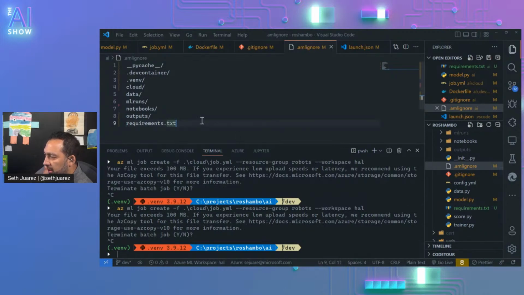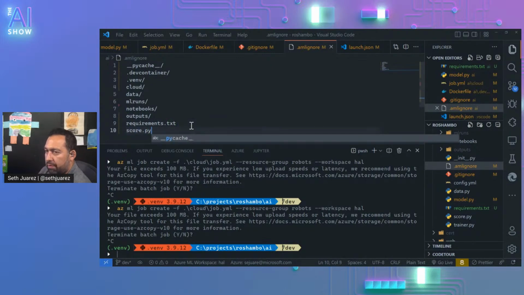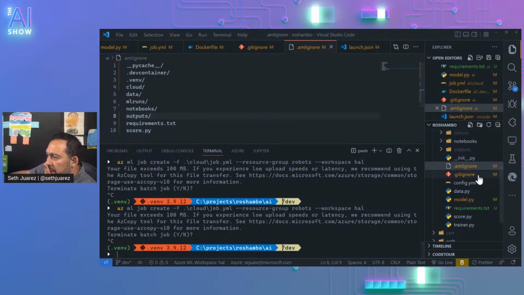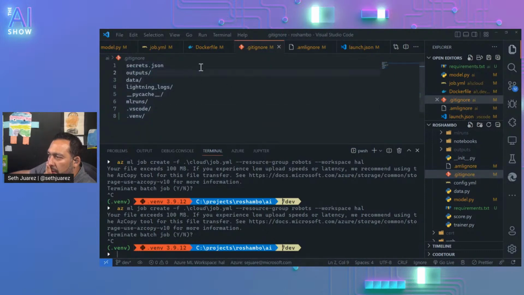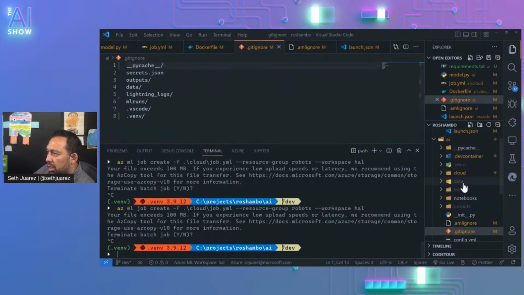And we don't even need score.py. So what is it mad about? Why is it uploading stuff that... PyCache, dev container we keep, and we don't, cloud we keep, data we don't keep, ML runs we don't keep, outputs we don't keep, lightning logs are gone. There's no secrets.